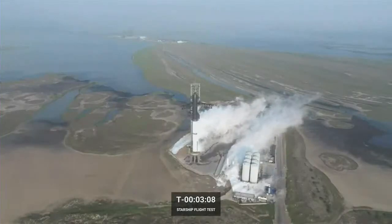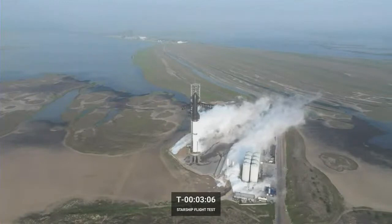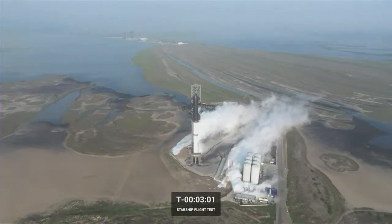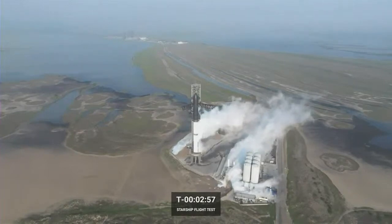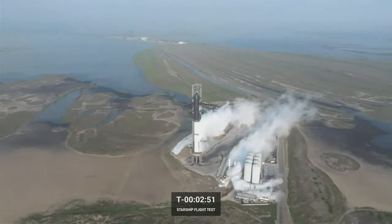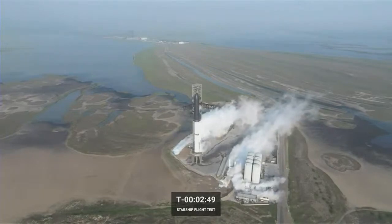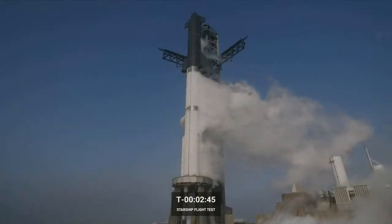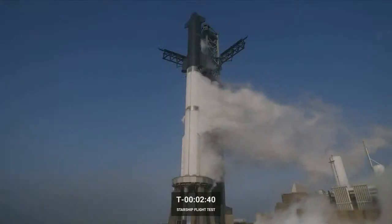We got some great views from the drone. It's nice that the fog is slowly lifting. We get some of the blue skies, hopefully good views. What we're waiting for right now is closeout of propellant loading on the first stage. That should be wrapping up here shortly. In fact, it looks like fuel fill and drain valves are coming closed. That means first stage is fully loaded, second stage fully loaded, and that 10 million pounds of propellant on board